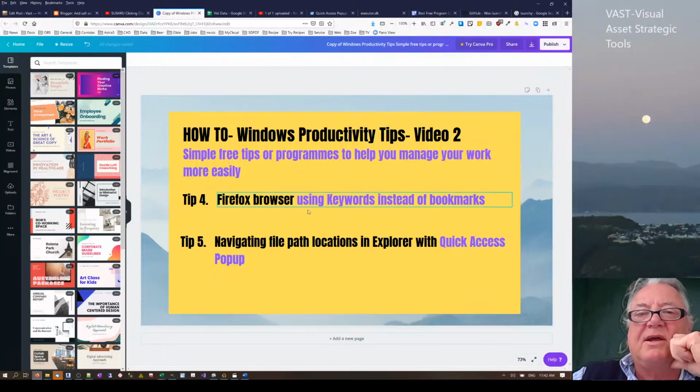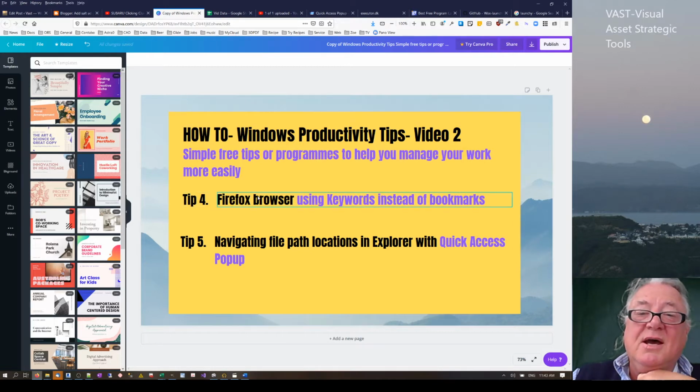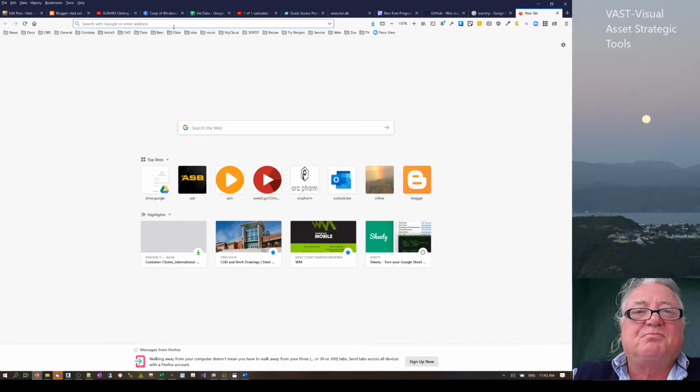I just want to talk about a couple of other productivity tips today. This is video number 2. The Firefox browser. Now, I use Firefox just because I prefer using it. Chrome is sort of okay, but I'm just used to this interface at this point in time. Anyway, one of the really nice things about it is,